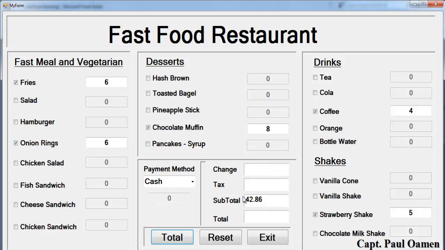Because it's cash, the customer will have to give you cash, and if there's change, there'll be change there. So we're going to work that out, or just write a couple of lines of code to subtract whatever the customer gives the sales assistant from the subtotal and the tax. So let's do that now. So right here,